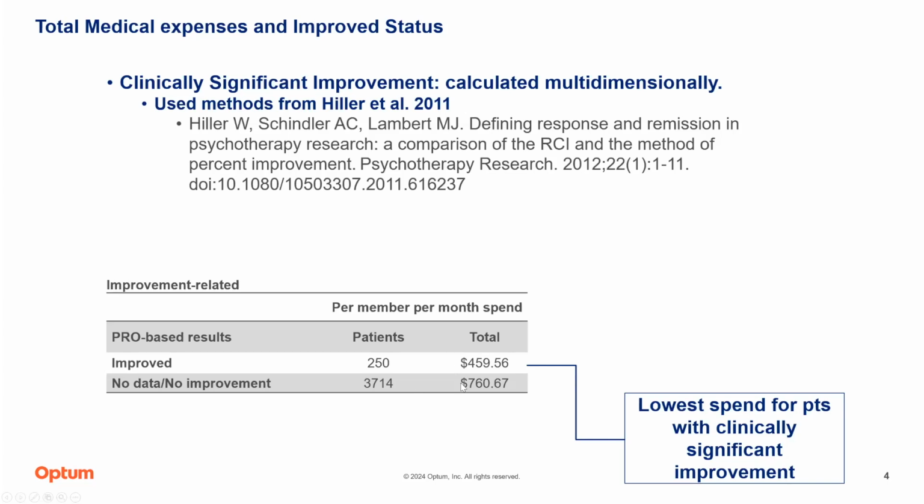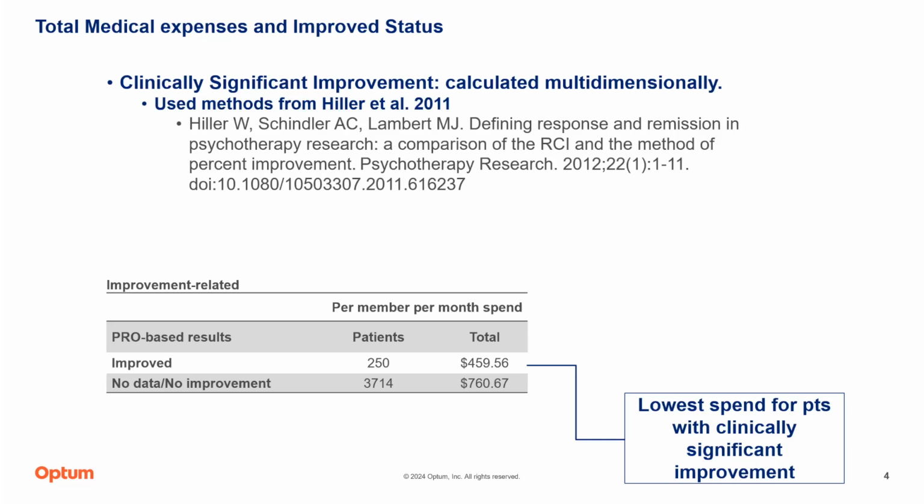And here what we start to see is an interesting observed difference, that those patients who did improve, for whom we have claims data on 6 months, their total medical expense is lower than this blended group, or indeed when we split this group apart into no data or no improvement, the trend remains roughly the same. Now, again, this is not suggesting that improvement is a driver. We haven't looked at that yet, but it is a promising indication that what we may be doing here is